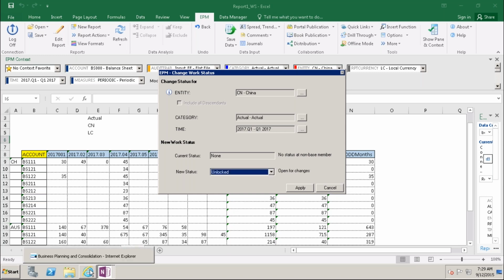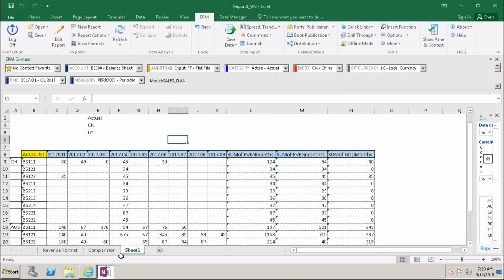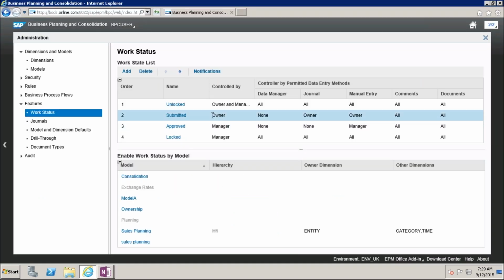That means it is controlled by the owner here, and owner will have access to post the journals as well as to post the manual entry. For example, the same thing. As of now, that's how we can set up the statuses of this owner and managers.